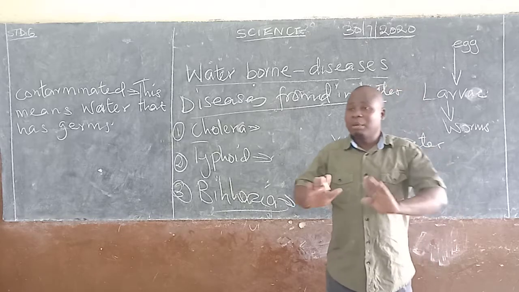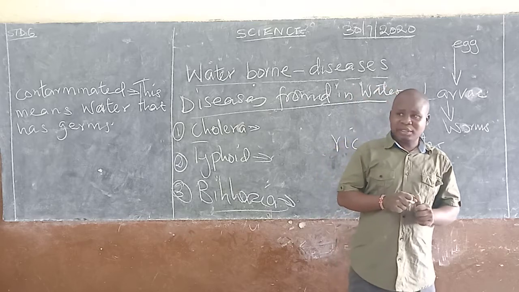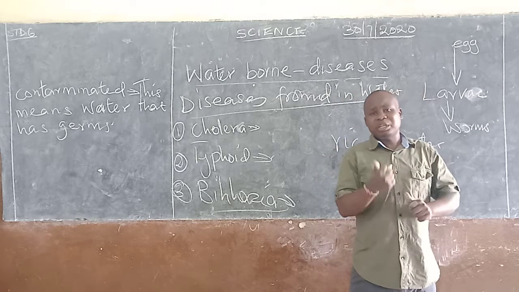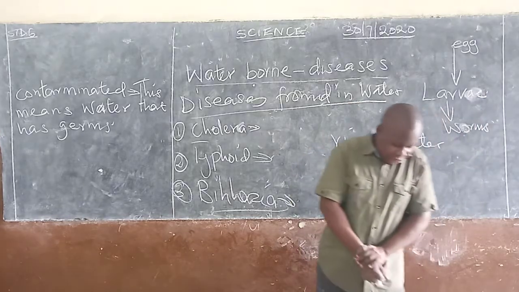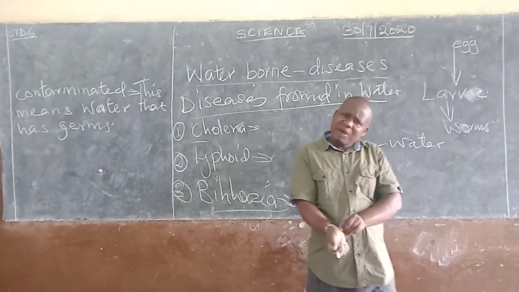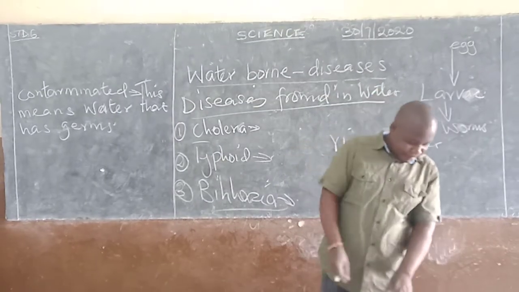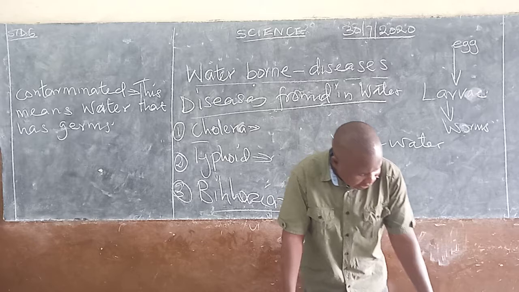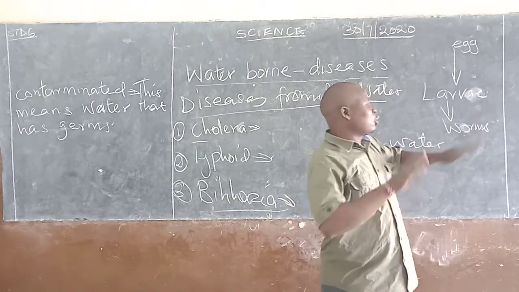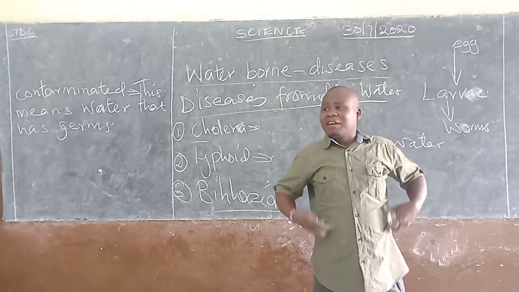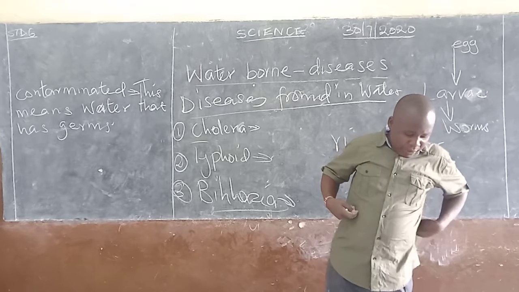So when somebody urinates somewhere on stagnant water, and you come into contact with that contaminated water, then you also get it. So make sure, be very careful. Now let us see the signs and symptoms. How do you know that this person has bilharzia? Now look at this. We have signs and symptoms. Swimmer's itch. So when you like swimming in water, you find that after you have swum, you start itching yourself. More so, which is the bowel and the bladder.